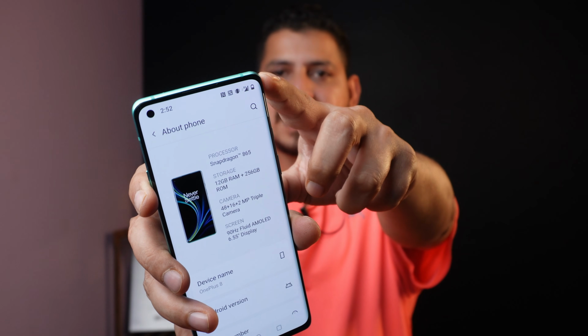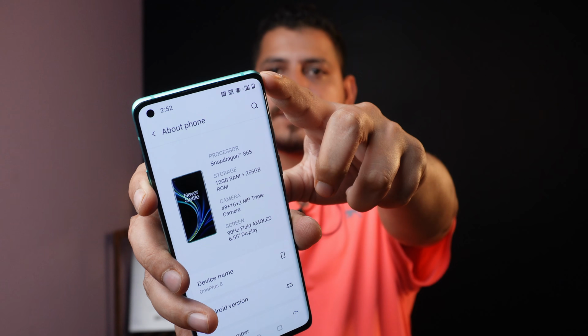Okay, so you guys have been asking for a long time how to enable 5G on OxygenOS 11. So today in this video we'll do the same thing. Here I have my OnePlus 8 which is running on OxygenOS 11 and I do have working 5G on this